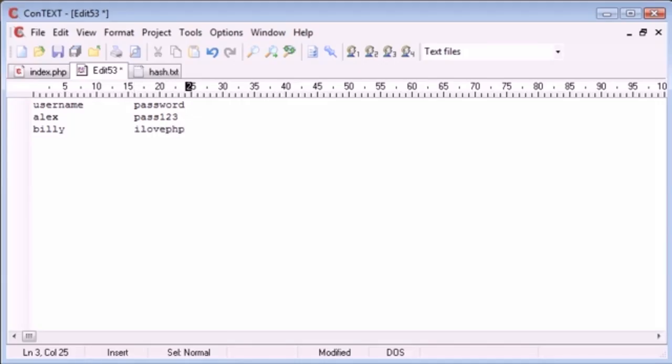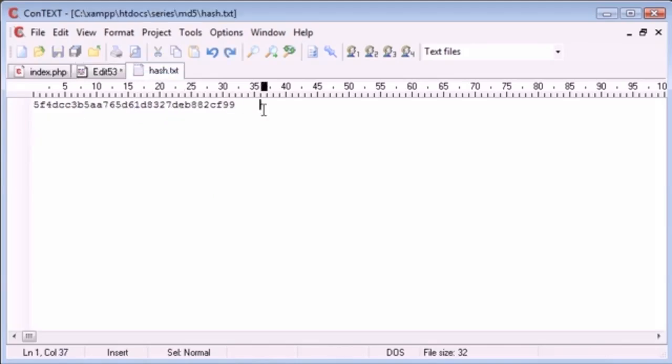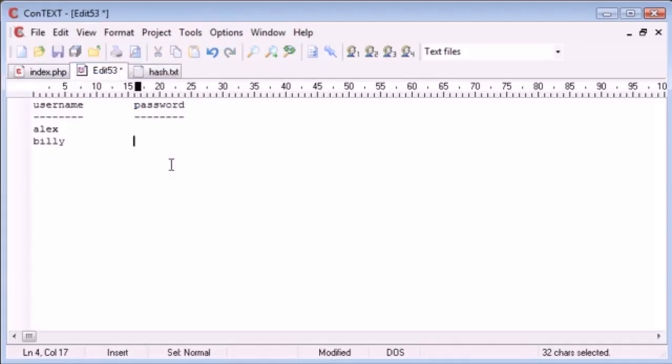Now, if I was to break into this database, I can already see the users' passwords. Therefore, I can go straight over to the website and log in using these passwords. However, if these were MD5 encrypted, they would look like this. It just so happens that these two users have the same password. But if it looked like this, someone with unauthorized access to wherever you store these would say,